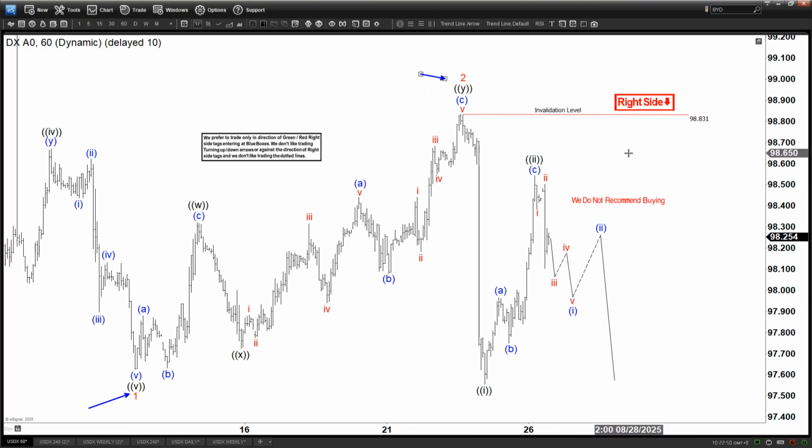Okay, now you can see that we have turned lower last week and broke below that previous low here. So it is actually a low sequence in a way. So that means we are within wave 3 to the downside in the minor degree. Within wave 3, we finished with 1 of 3 here. This is wave 2 of 3. All right, so let's take a look at the